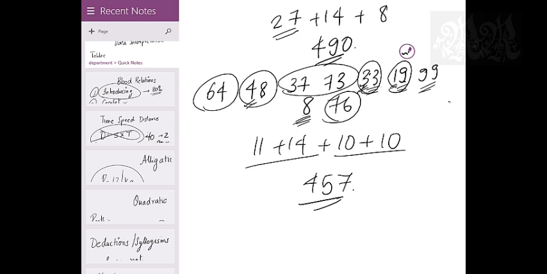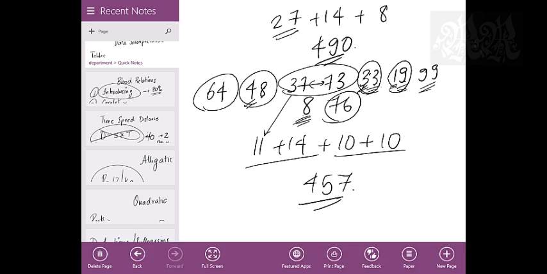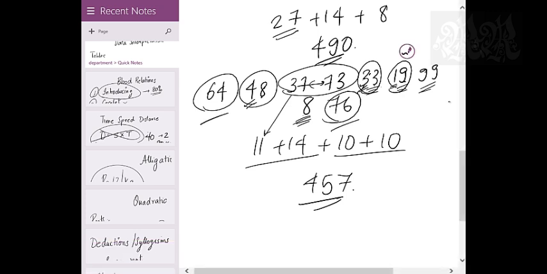So I'll repeat the process if you want to. 73 and 37 I merged, I got 11 first. Then I merged 64 and 76, these two numbers. 64 out here and 76 out here. I got a 14. Then what did I do? I played a little smart. I said 3 and 9 is 2 and 2 and 8 is 10. I could have taken 99 also, I forgot.